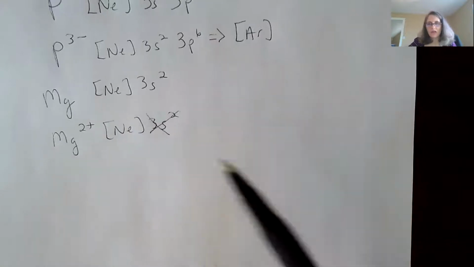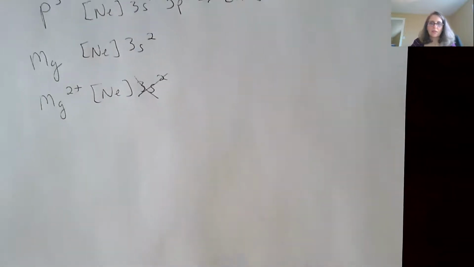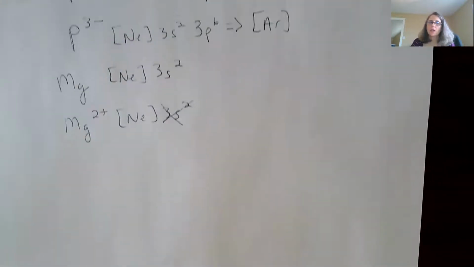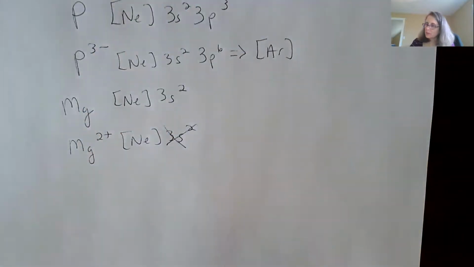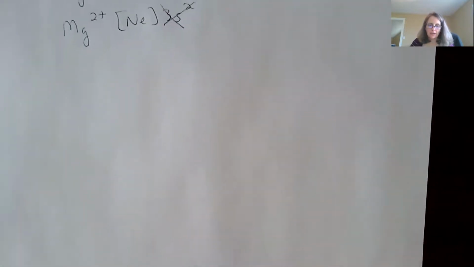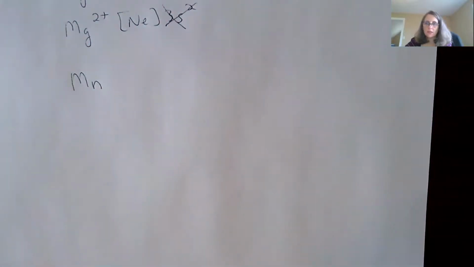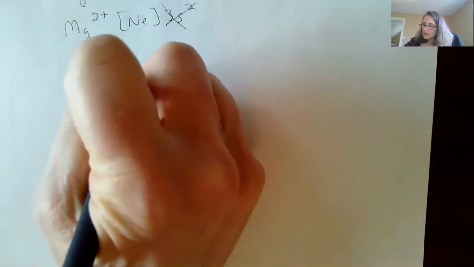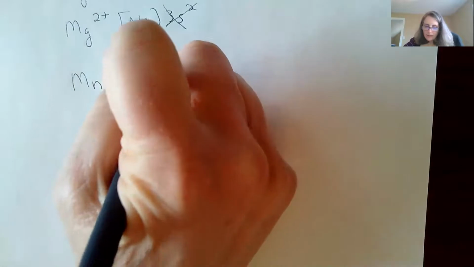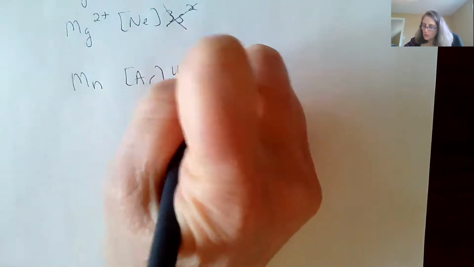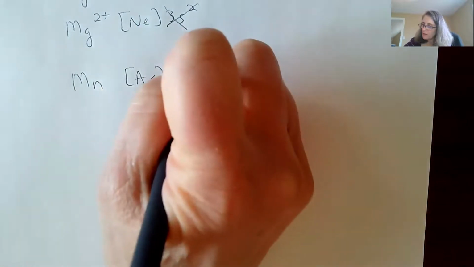Again, it's going to have that magic 8. It's going to have that 2 in the s and 6 in the p. So that's kind of review from the previous chapter, but here's the newer information. We have the transition metals in the middle of the periodic table, one of them being manganese. If I were to write its electron configuration, it would be argon 4s2 3d5, by where it is on